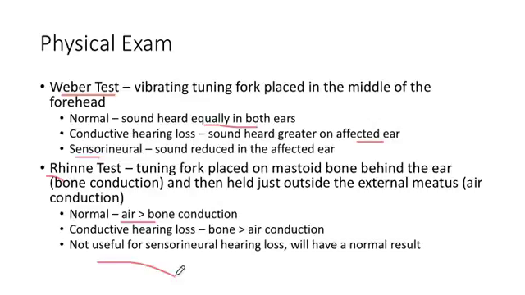The problem with the Rinne test, or this in general, is that it isn't helpful with sensorineural hearing loss. So let's say that we put the thing in the middle for the Weber test, and you hear it more so in the left ear, but then we do the Rinne test on that left ear, and air is louder than bone conduction, which is normal. So that would suggest to you that there's not conductive hearing loss in the left ear, and the Rinne test was normal. So this might tell you, Rinne test normal, Weber test lateralizing, that in fact you had a lesion on the opposite side. So that's confusing, but in general, this is probably really only helpful for diagnosing conductive hearing